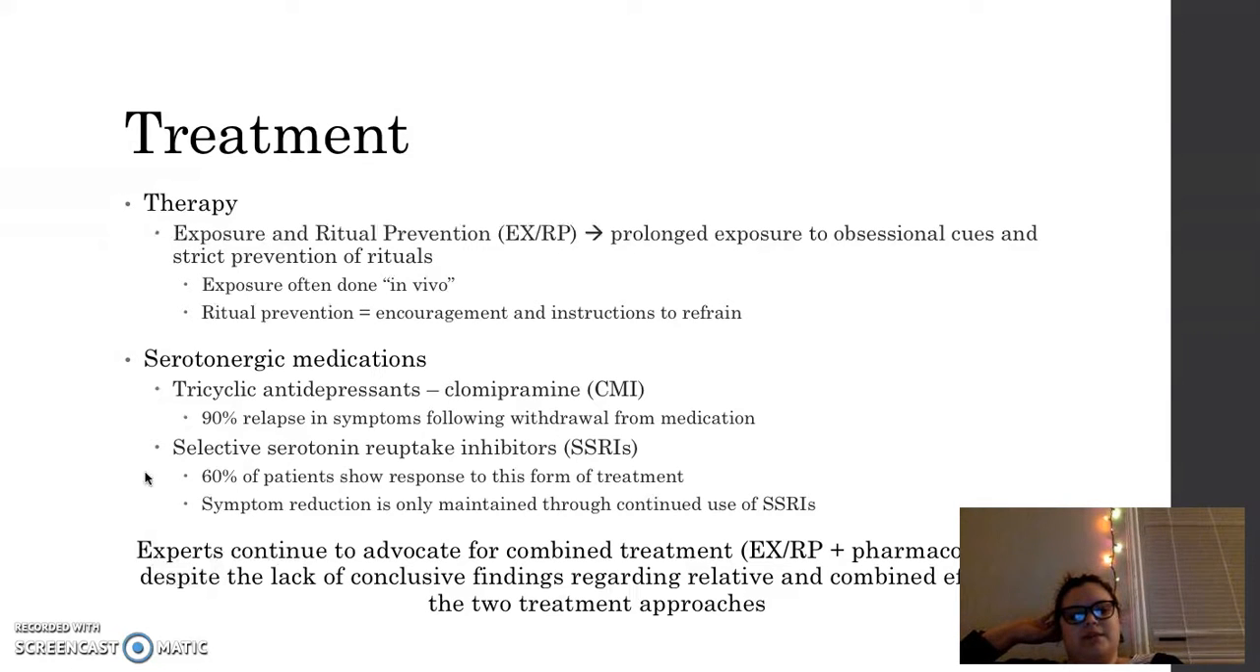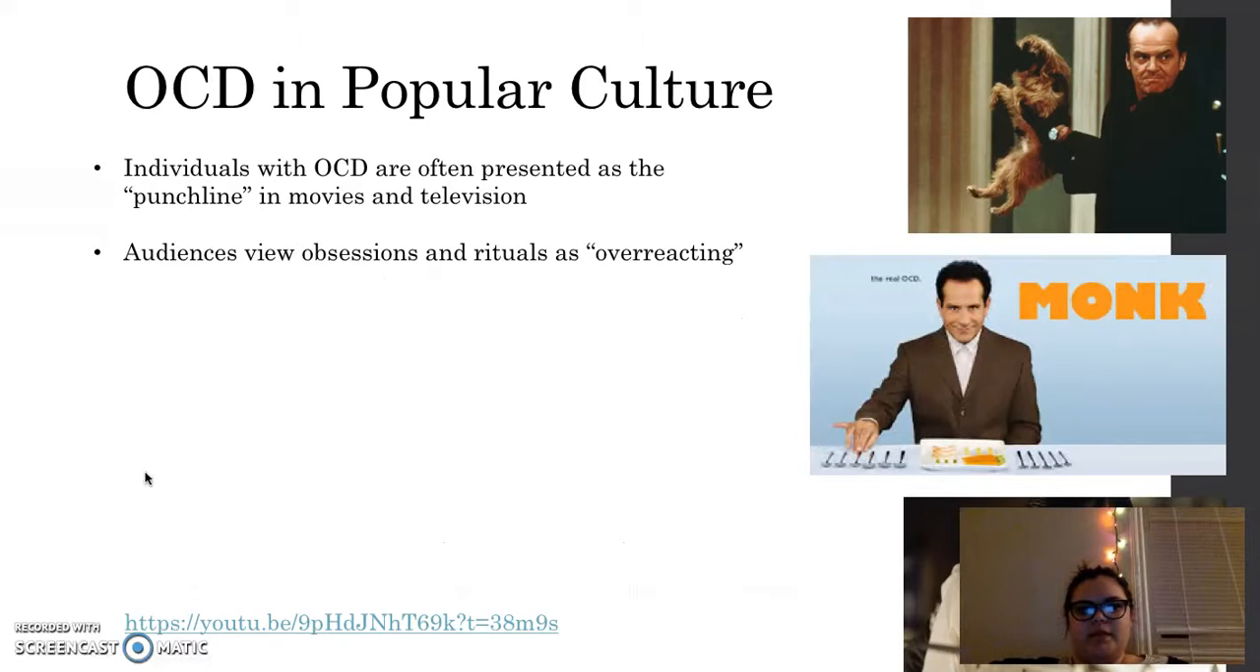As I mentioned already, SSRIs are a common treatment just because of that neurological etiology. Experts advocate for combined treatment with exposure and ritual prevention therapy and the SSRIs. But I was reading this book, and it was talking about how there's not a lot of conclusive findings regarding how these two treatments compare and their combined efficacy. So is the combined approach better than either one alone? I was going to talk a little bit about OCD in popular culture, but I'm running out of time, so that's something we can chat about individually. And there's a little clip there, so if you would like to watch